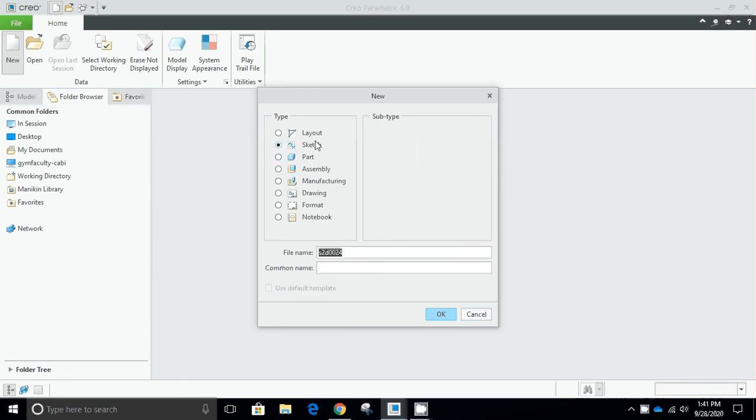Sketch is basically a 2D drawing, and part is actually a 3D model, and assembly, when you create different models and you assemble them, it becomes an assembly. So currently I will focus on this part tool, and if I uncheck this box, use default template, I will be able to set